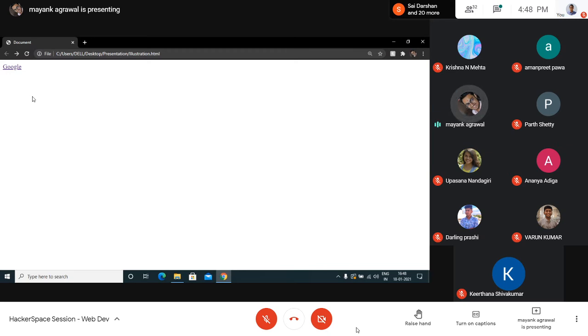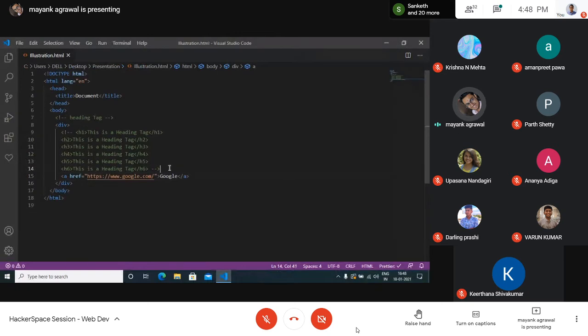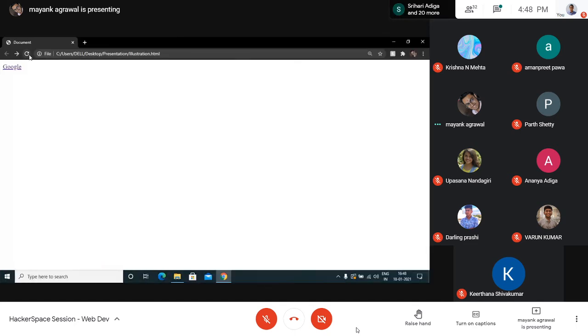Now you will notice that if I just type normal Google somewhere, I'll just tag it with the H1 tag. Yeah, so there's a difference between this and this. You'll notice that there is an underline under this, and my cursor turns to pointer mode whenever I hover on it, right?